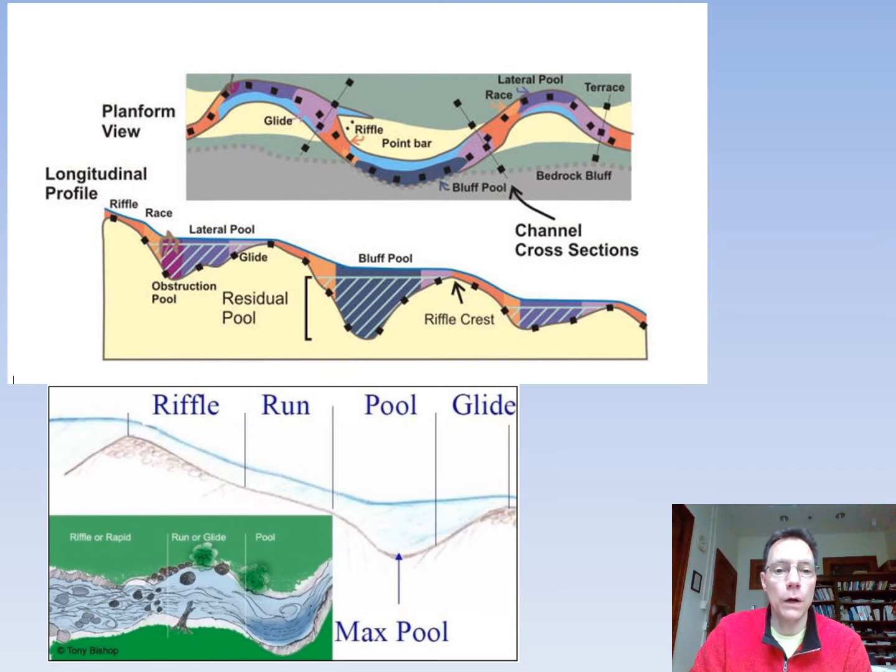Sometimes we get mini waterfalls that are called races. And then kind of longer, fast flowing but shallow areas that are called runs or glides. Here's a glide, here's another glide. And then occasional slower flowing, deeper areas that are called pools. So here's a pool on this, and here's a pool in this view. So roughly we're talking about riffles, and then runs or glides, and pools. These are different habitats even within a stream, where different kinds of critters can live.